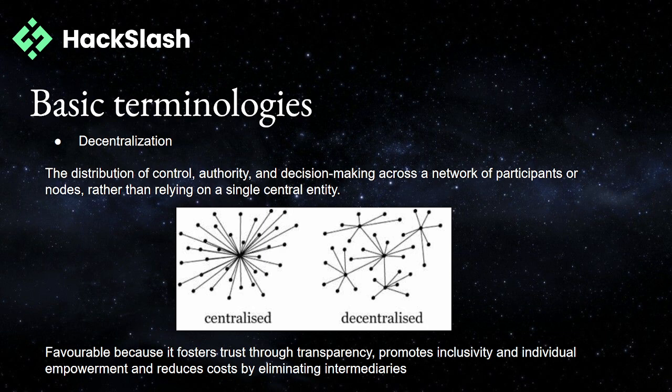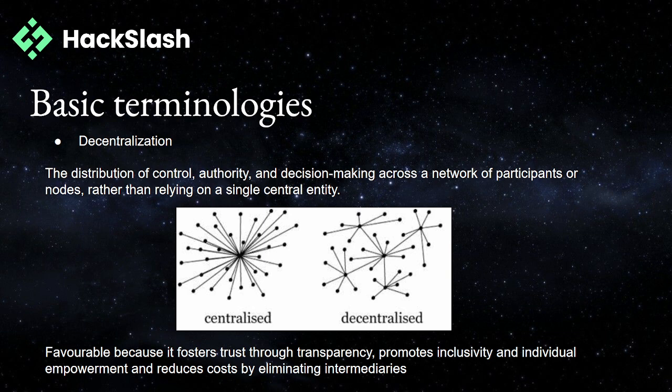You must be thinking, how can decentralization foster trust? Let us take the example I gave you earlier: I want to give 1,000 rupees to my friend. If there are no intermediaries involved, or let us say the blockchain is transparent, and I get to know whom I am giving money to and whom he is giving money to,